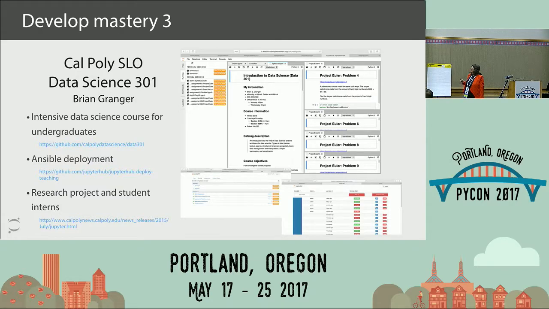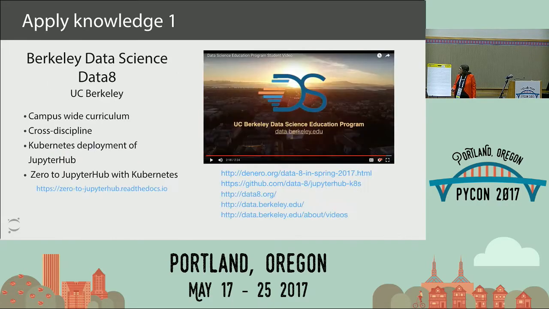We have been incredibly fortunate to have some folks funding our research project. We got $6 million a couple years ago from the Helmsley, Gordon and Betty Moore Foundation and Sloan Foundation, which has enabled us to really accelerate the pace of both the Jupyter Notebook, JupyterLab, and JupyterHub, and we are very grateful for them for that.